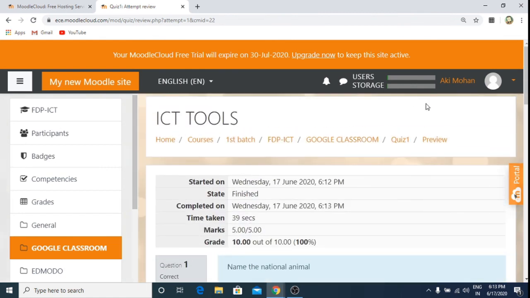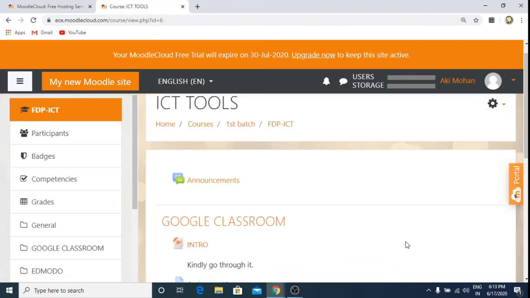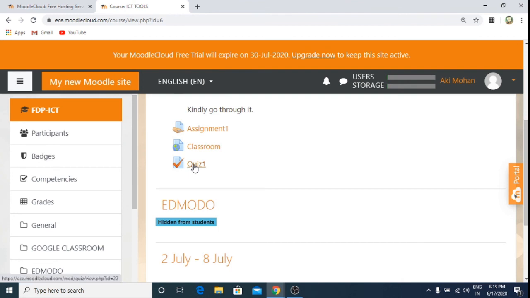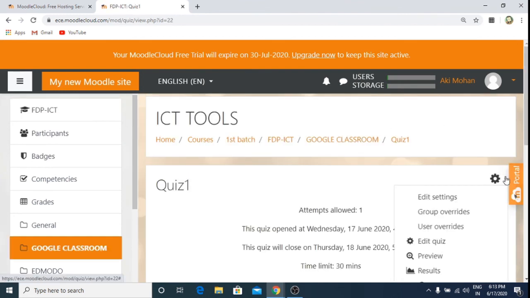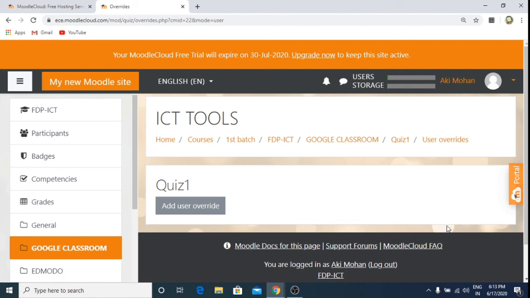Now moving on to FTP or ICT course. I have one important feature which I would like to show. I click on this quiz again. Here on the settings, we have the user overrides. We can use this to set exemption for one particular student to attend it after their deadline also.